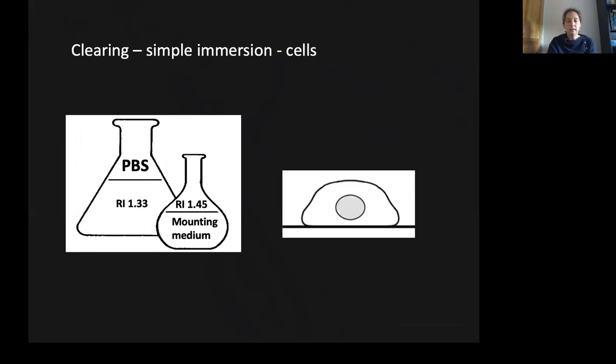If we now consider that the goal of using a mounting media is twofold, to provide an antifade reagent and to raise the refractive index of the sample to reduce spherical aberration caused by using an oil immersion objective, we can consider better the steps needed to clear the sample with this reagent properly. It can be as simple as taking off as much of the washing buffer as possible, adding a drop of mounting media and leaving to equilibrate for 5 minutes, and then ideally taking that off and replacing with new mounting media before mounting.